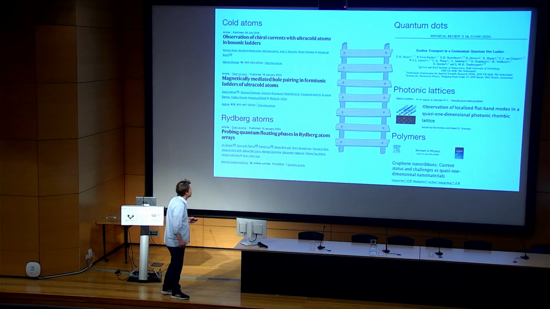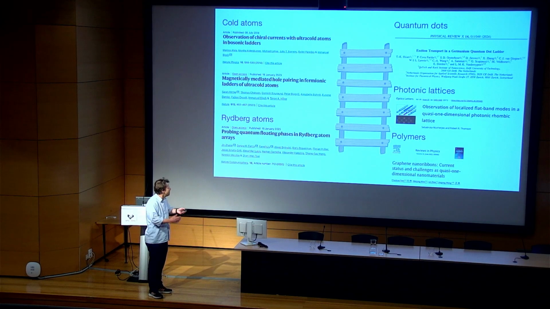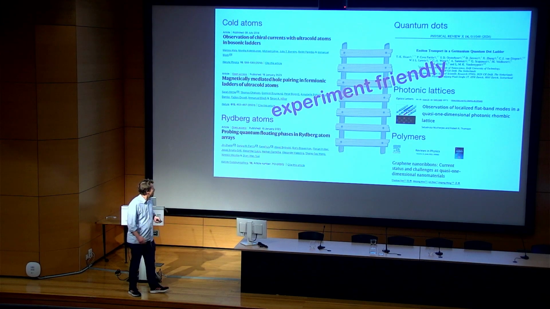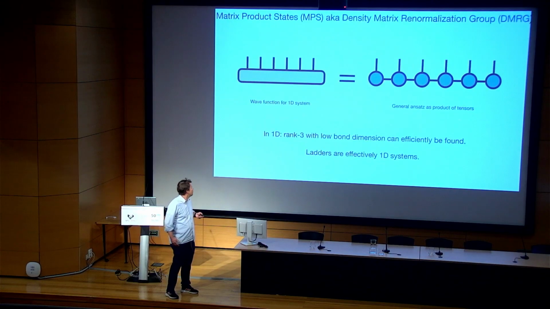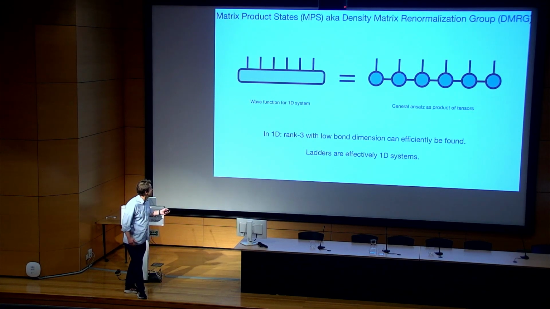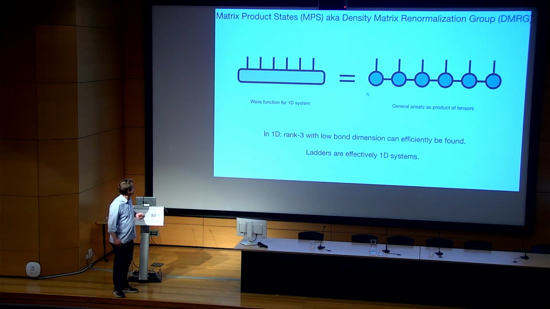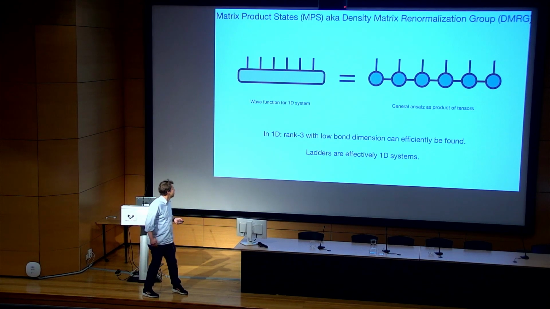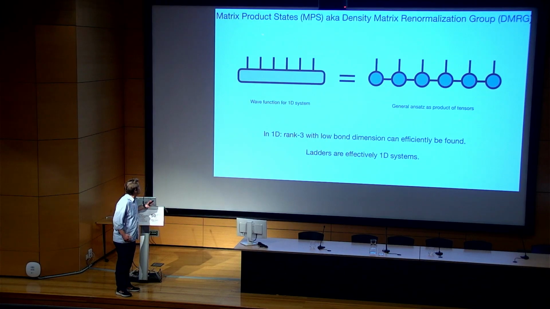So these are examples for different ladders that we can find, and it shows that ladders are really experimentally relevant and experiment-friendly setups. And the nice thing is that ladders are also theory friendly, and this is now a picture that we have seen already this morning, and that is about a variational technique that is very efficient in 1D and quasi-1D systems. And this is the MPS method that is illustrated here in this figure.